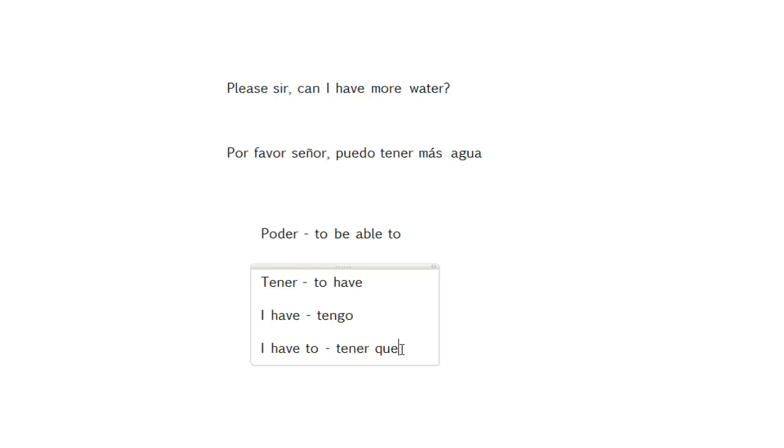Por qué can be, if I say porque, it stresses on the beginning, and I'm saying because. If I put the stress on the end, porqué is why. Remember that. Porque literally means because of that, and the question por qué means for what reason? Why do you do that?